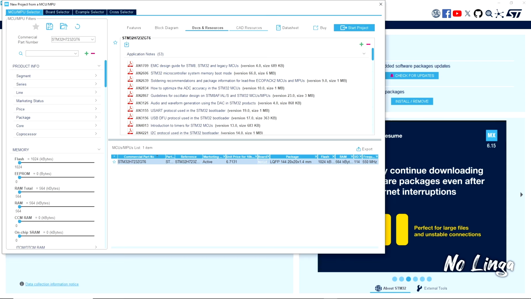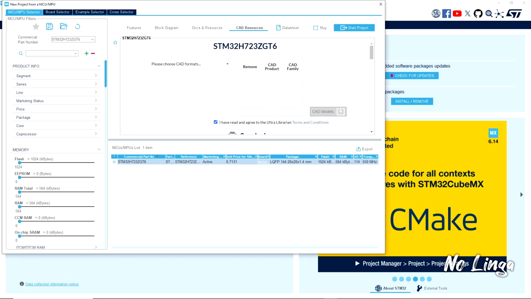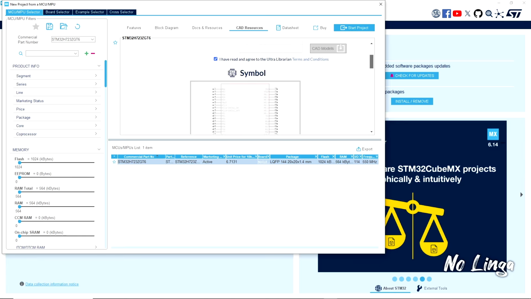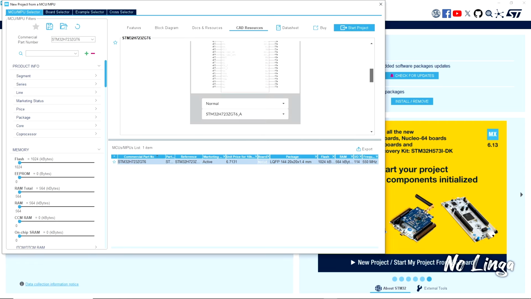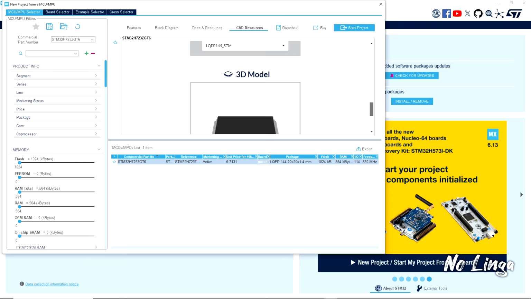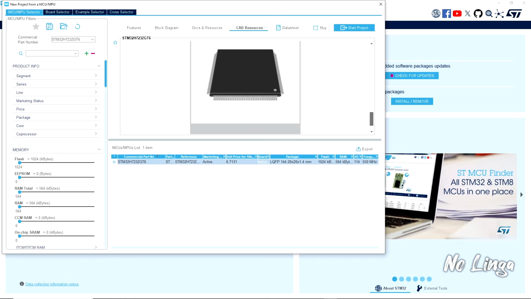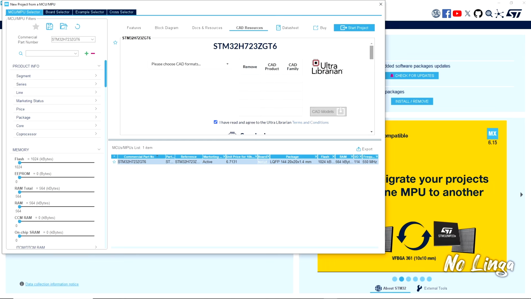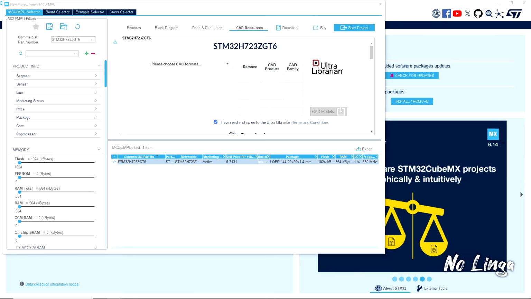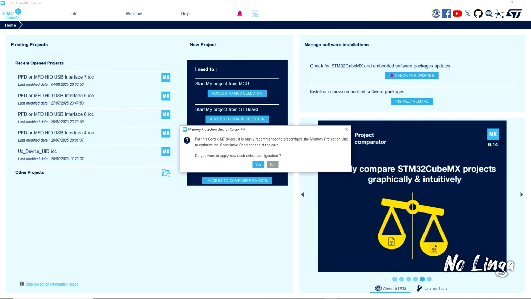In the CAD Resources tab, you will get access to all the CAD files. So if you're into circuit design, you can get the CAD files, the symbols, footprint, and the 3D rendering as well. So if you do circuit board design in KiCad or in Altium, this is a great resource that you can load into the environments, and you can render the board as you're designing your board. Now we can start the project by clicking the Start Project button, and we'll go ahead and click